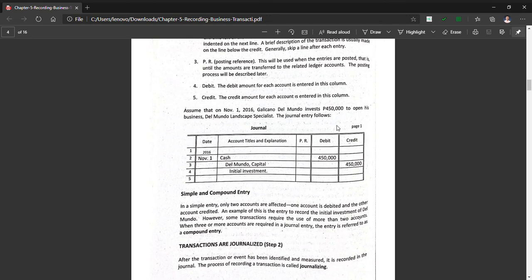So dahil nag-increase ang cash and cash is an asset, asset is on the left side of the accounting equation. So we should record this on the left side. 450,000 yung cash. That is our debit. Next,